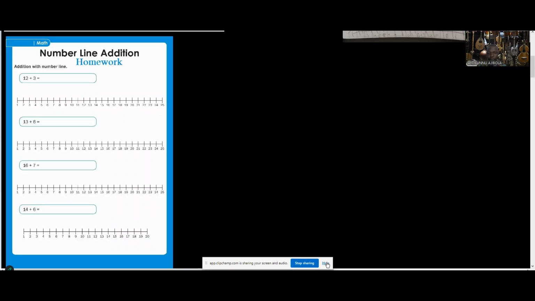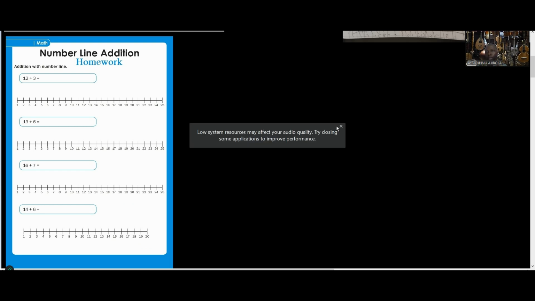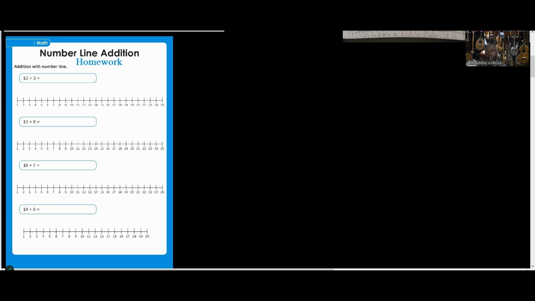This first page is talking about doing addition using a number line. What we just have to do is to firstly go from 1 to 12. So when we get to 12,